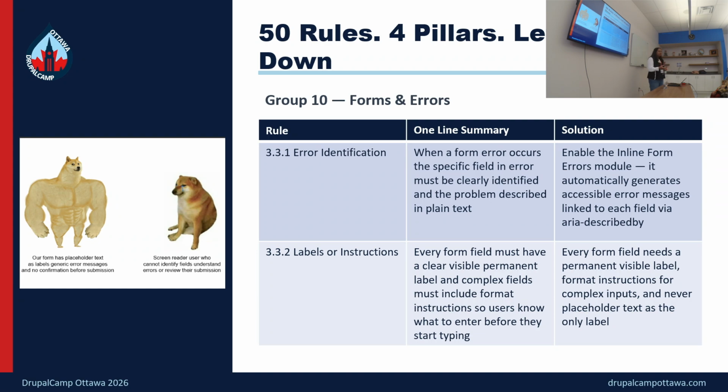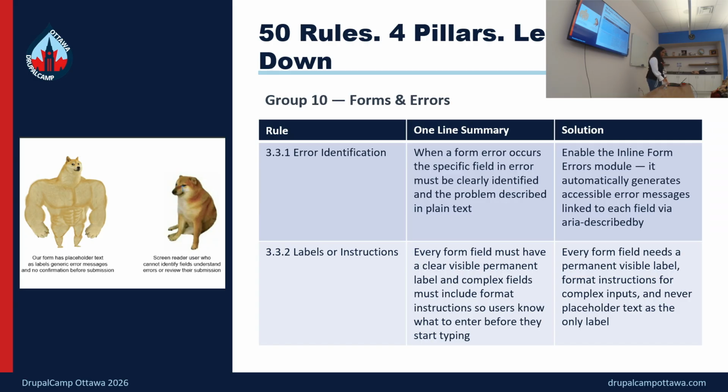The user is not able to find the solution for that. So we need to provide, like, this is the proper date format or an email address, so that they can add it in the proper format. Solution, simple enough. I guess we have the inline form error module that helps in Drupal to automatically generate accessible error messages